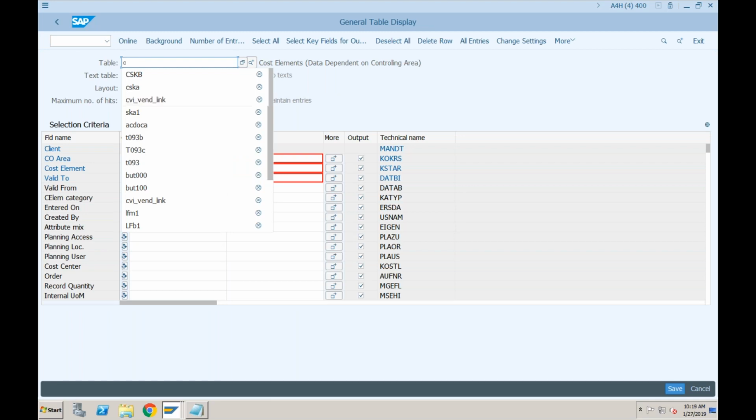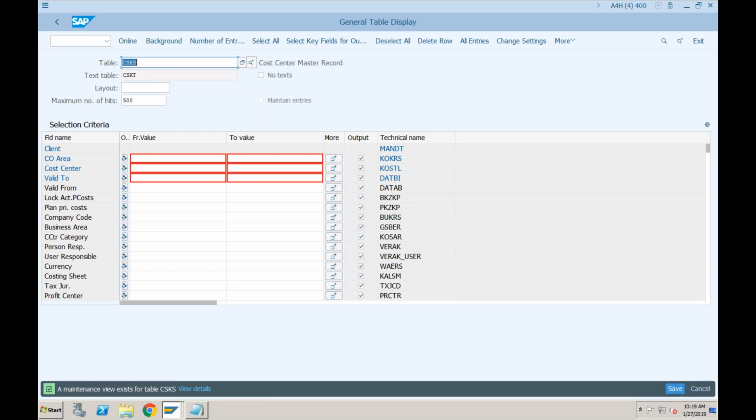CSKS. CSKS. So CSKS is the table for cost center master data.